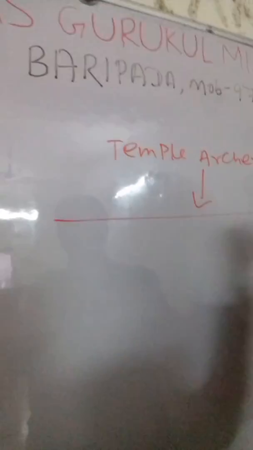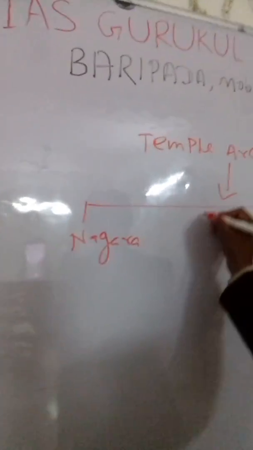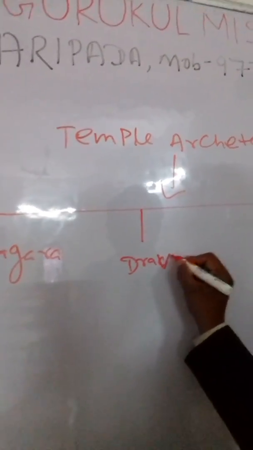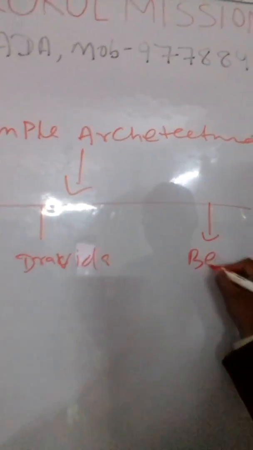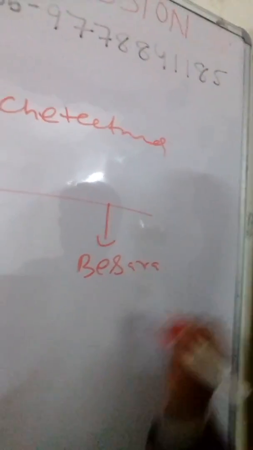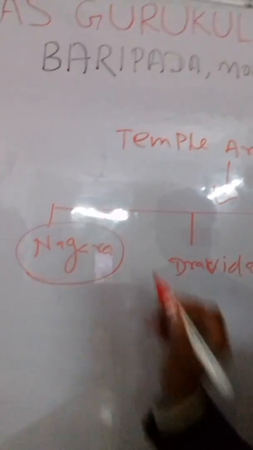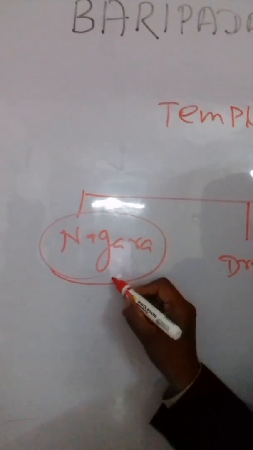One is your Nagara style, second is your Dravida style, and the next is your Besara type of temple. So you know that the Nagara style of temples is found in North Indian temples,